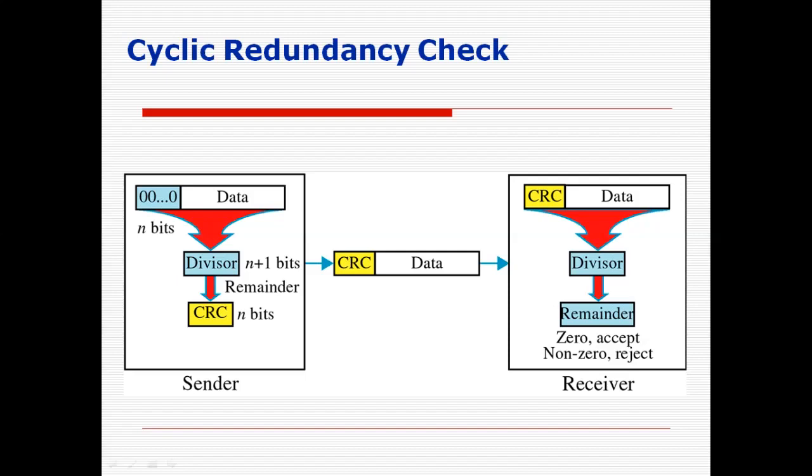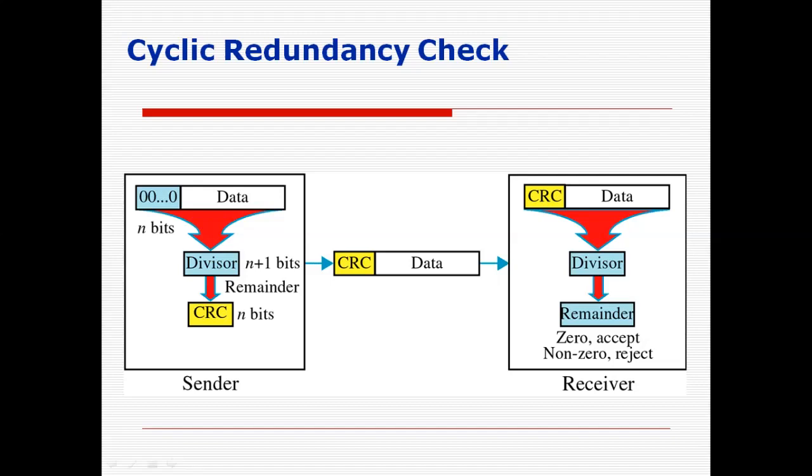So we require a divisor, which is given here. Now if it is n plus 1 bit, then we will add n bits of redundancy. In a simplified way, if we have a divisor of x bits, then we will add redundancy of x minus 1 bits. In the diagram it is given that if the divisor is n plus 1 bits, then we will add n bits, meaning 1 less as compared to the total number of bits present in the divisor. Then on this value we will calculate the CRC.